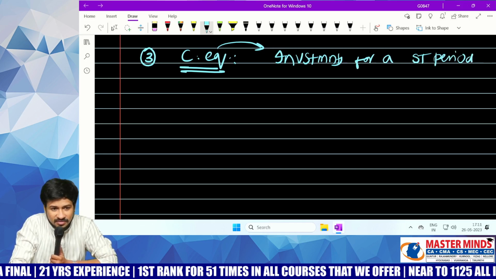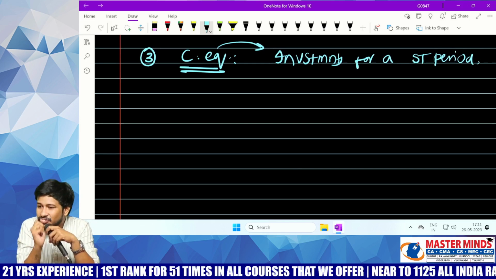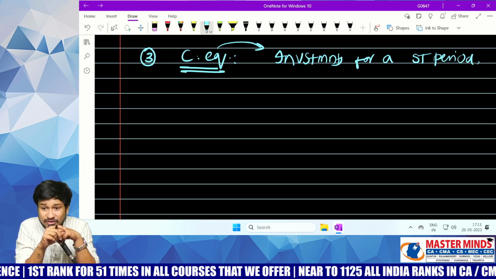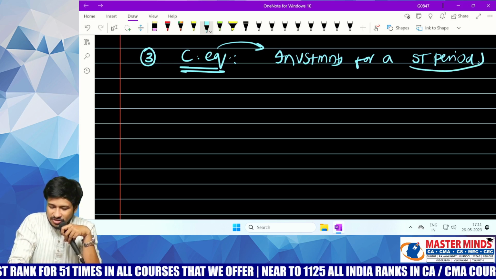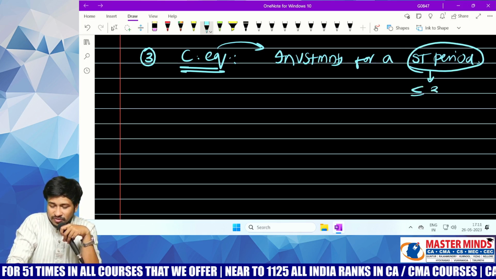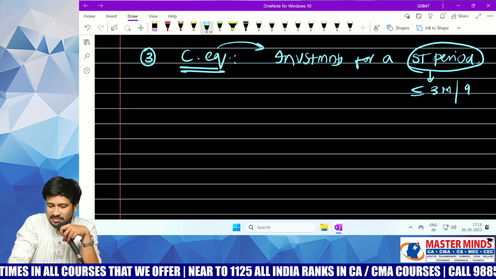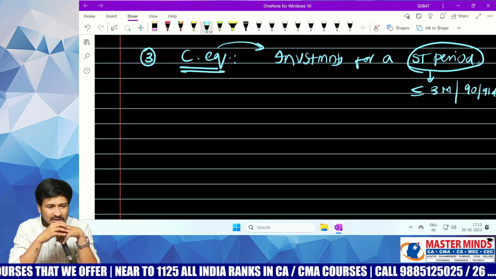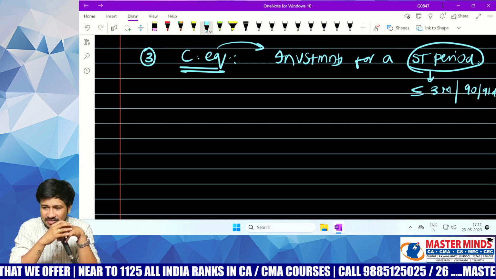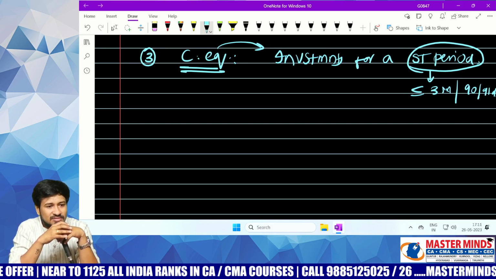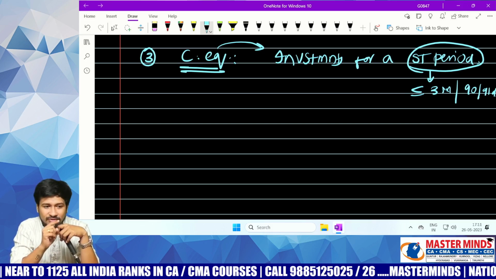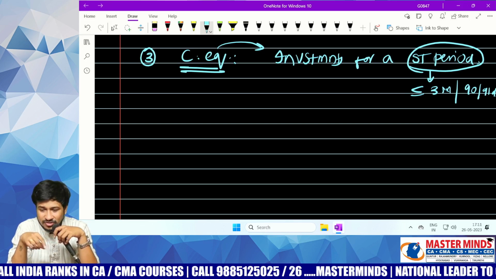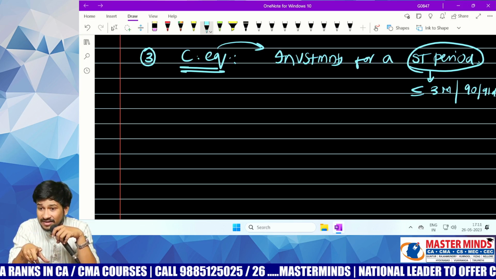For which period? Now there is a catch here that you need to understand. Generally short term in the sense less than or equal to 12 months. But here short term in the sense less than or equal to 3 months, or hardly you can consider 90 or 91 days only. Clear everybody? Hardly you can consider 91 days. Clear? Normally short term in the sense less than or equal to 12 months. Here short term in the sense less than or equal to 3 months as per accounting standard number 3,